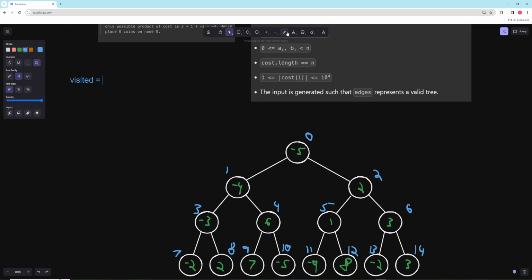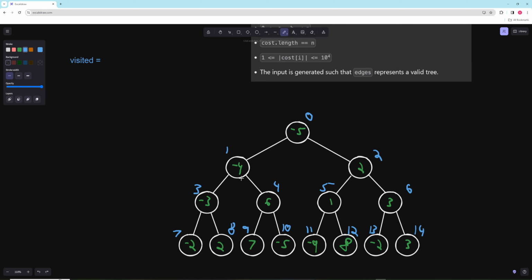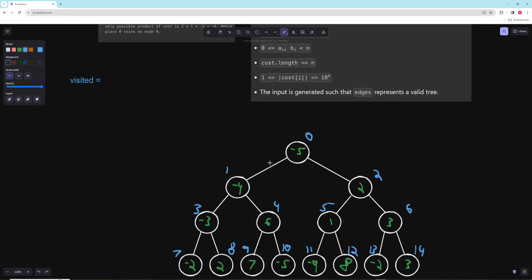And the way it's going to work is because this is an n-ary tree, it's not a binary tree. Like any node can have multiple children, right? Any node can have more than 2. I just wrote it like this. So some node can have like 5 children and so on. These aren't balanced or anything. So what we're going to do is we're going to actually do a DFS from the top. And we're going to say, okay, let's check every child. And if the child isn't in visited,